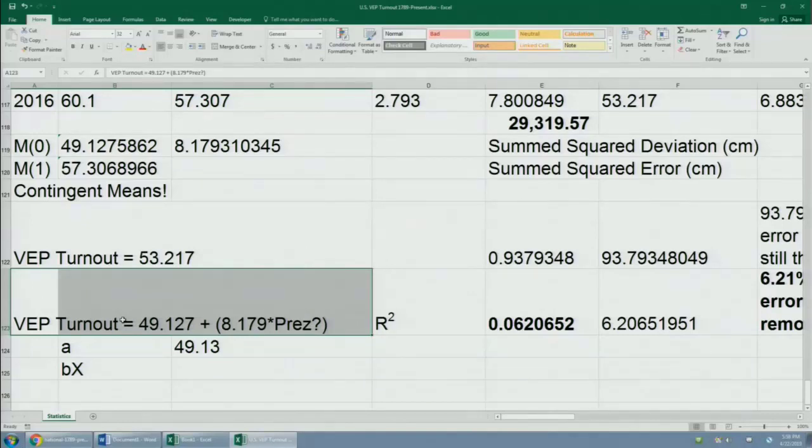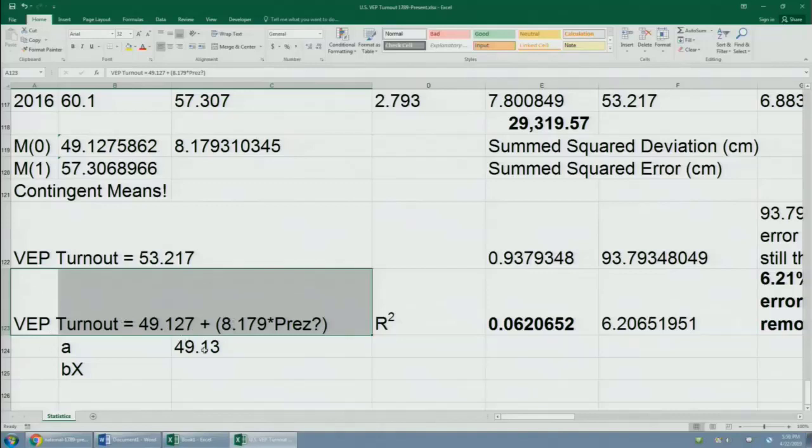And when the value of pres is 0, we just take that whole 8.19 thing out, because anything times 0 is 0. And so all that we're left with is 49.127. Oh, wait. Then, if pres equals 1, anything times 1 is itself, right? So if pres equals 1, we'll add 8.179 times 1, which is 8.179, to 49.127, and it'll turn into 57.306. And actually,